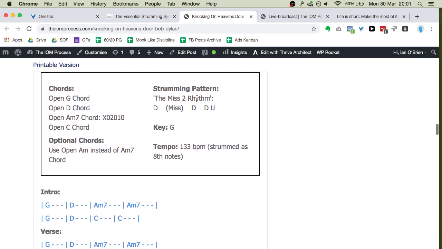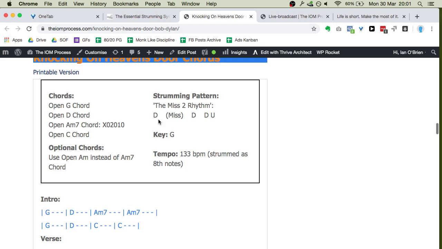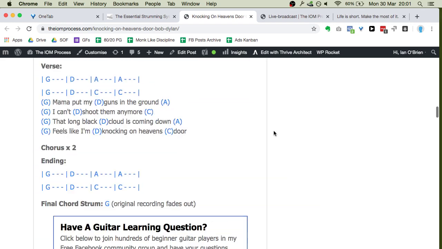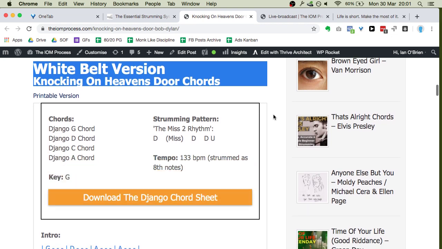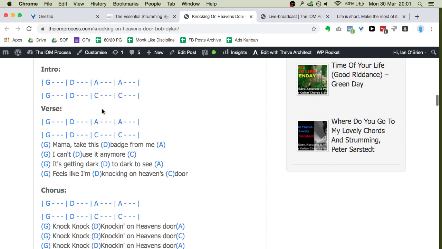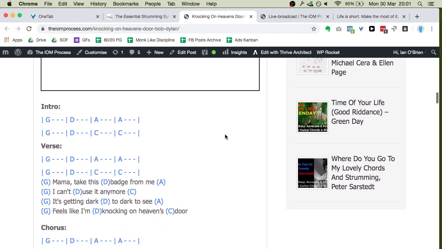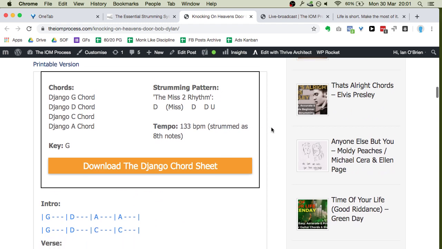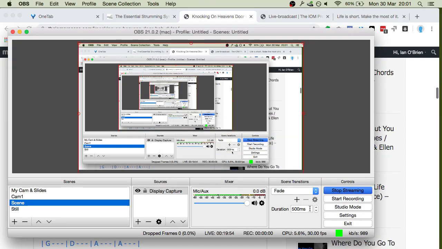There's the A minor 7. Same rhythm though, it doesn't use a more advanced rhythm because that's the rhythm that Bob Dylan used in the song. So you've got different levels of ability. Some songs are white pick, some songs work yellow pick, some work orange pick, all different levels. And then you've got the song, the chords, the lyrics, when the chords change, etc. So do you see what I'm getting at here? This is pretty big stuff.